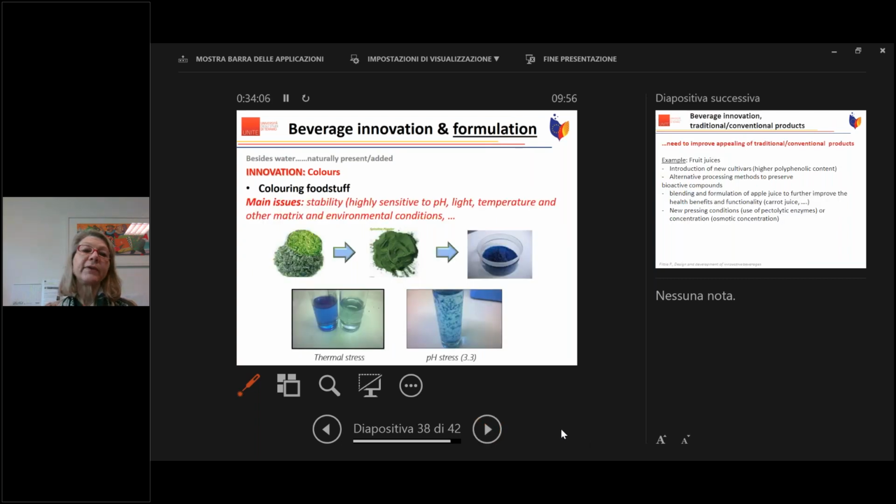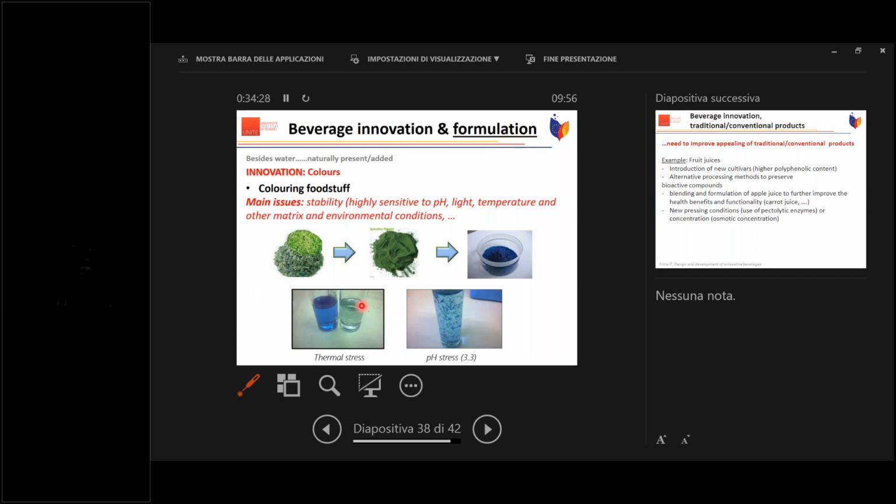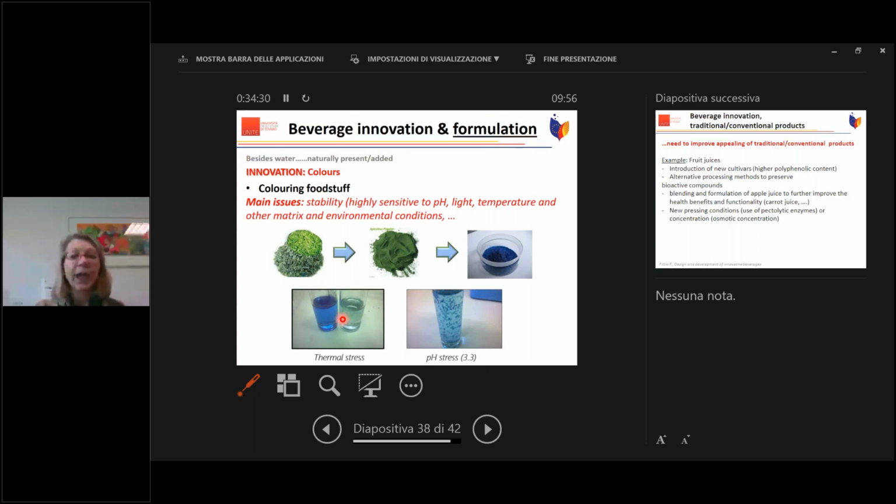The main issue of these extracts is that they are natural, and as with the majority of natural compounds, they degrade very easily. This is just an example of the spirulina extract that contains phycocyanin, which is a blue-colored protein, and this blue-colored protein bleaches upon heat treatment or aggregates. You can see here